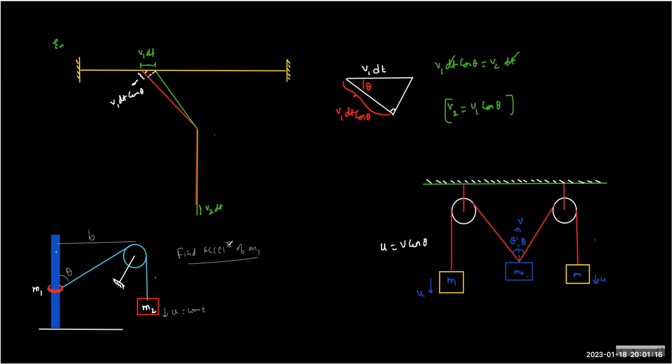So is it given that it is released from rest? No, it is clearly mentioned that U is constant, so M2 is not at rest. And if M2 is not at rest, then M1 cannot be at rest, isn't it? Yes. But if U is constant, it doesn't mean the other mass will also be constant. Its velocity will vary actually. And why will it vary? Because of theta. So how to use theta? Why is b given now?